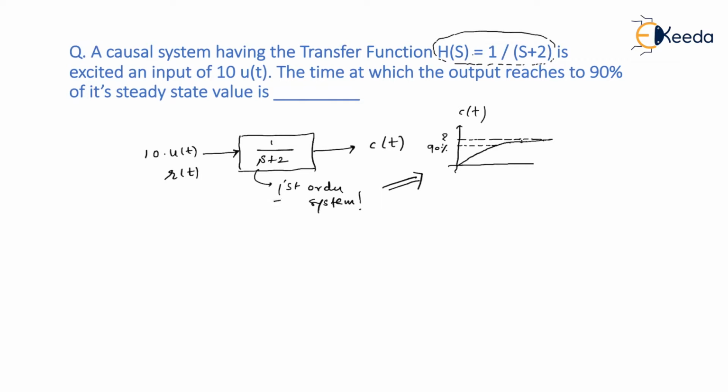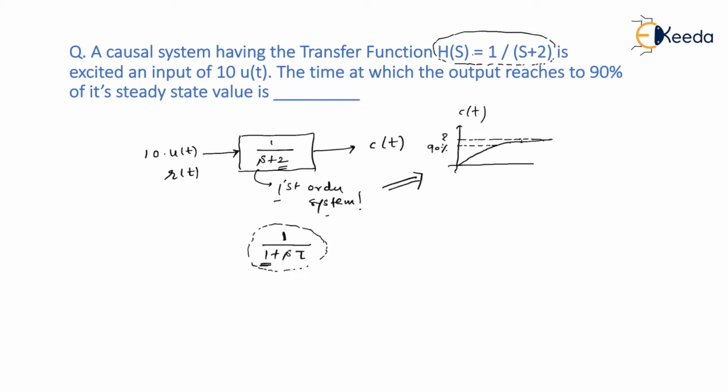We have already seen the standard first order system, which looks like this. That is 1 upon 1 plus s tau. If you don't remember, I would request you to go back to the first order system lecture. It is always 1 upon 1 plus s tau. In general, of course, in the numerator we may not have 1, we may have k, but then what happens when this is not equal to 1? That we have to discuss. We definitely have 1 in the standard function, but we don't have 1 here, right? So let us try to convert it into a standard form.